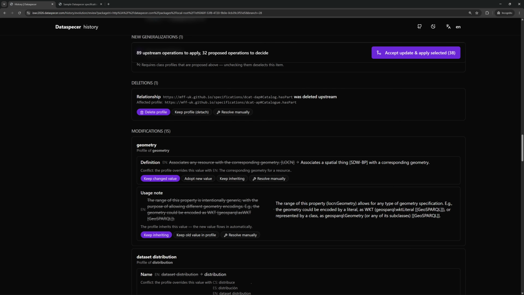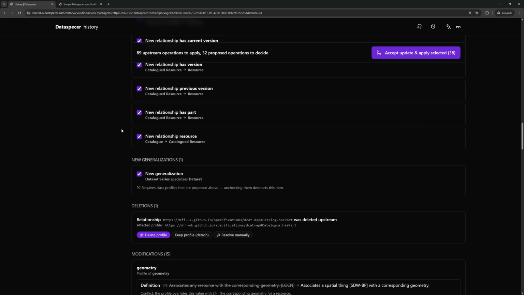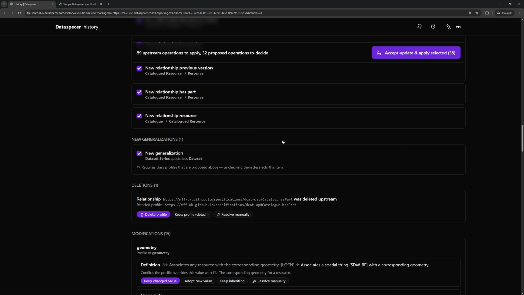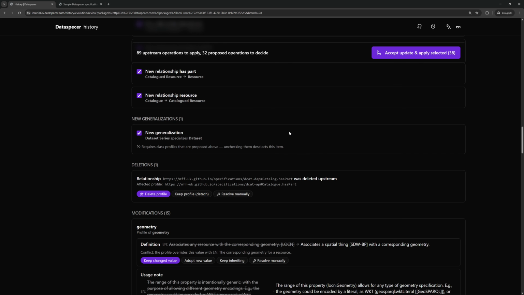This is because the change detection is based on a diff, and this relationship was actually moved from one class to another, actually from one class profile to another, therefore changing its IRI, which means that if we do a diff, this appears as deletion of this relationship and then creation of a new relationship. This is not ideal and is our future work to actually detect or represent more complex changes, such as the